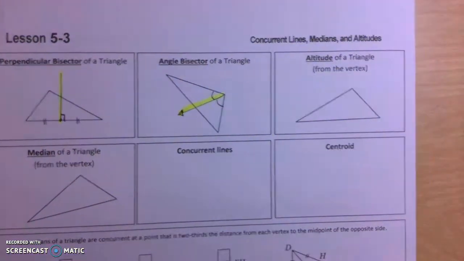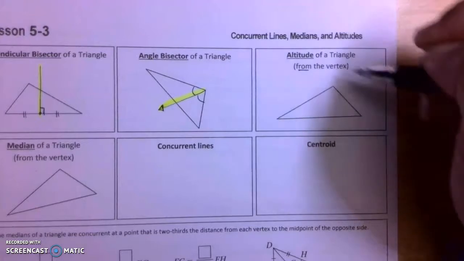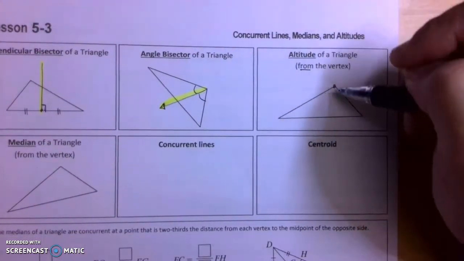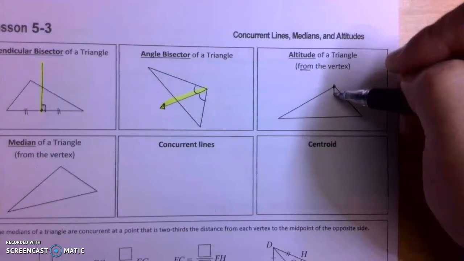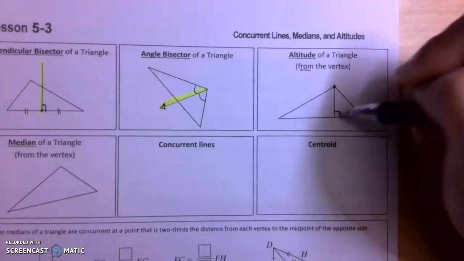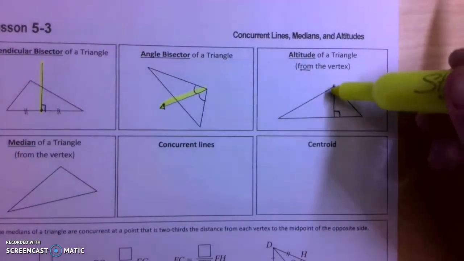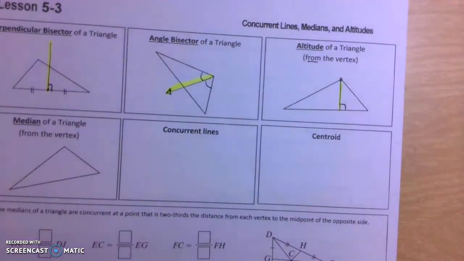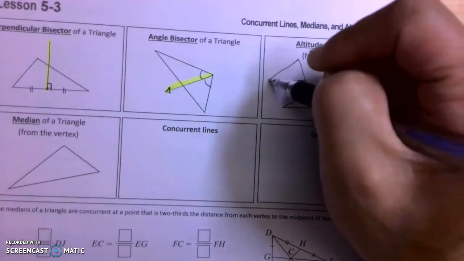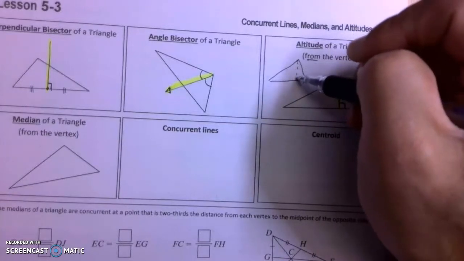Let's look at an altitude of a triangle. An altitude starts from the vertex, from the highest point, and you are 90 degrees with the base here. So I'm going to go straight down here and just draw that 90 degrees. So this would be considered the altitude. Sometimes that altitude is denoted with dash lines. So you might have the same exact picture like this, and then they'll put dash, dash, dash, dash lines like